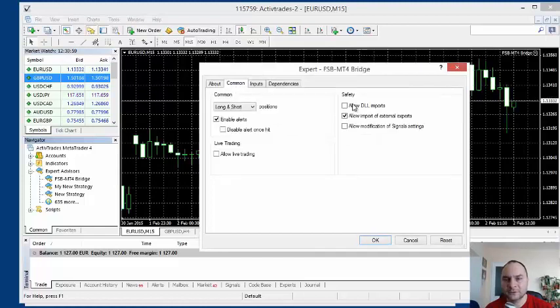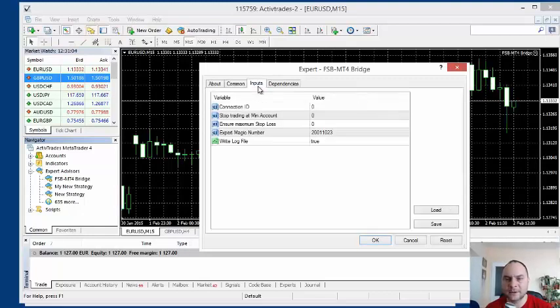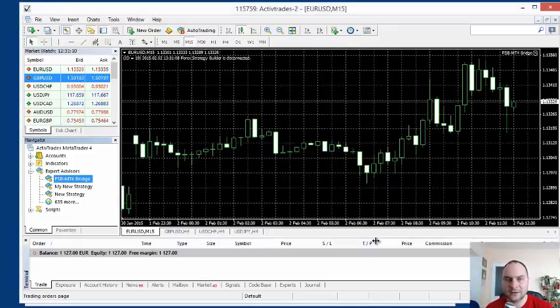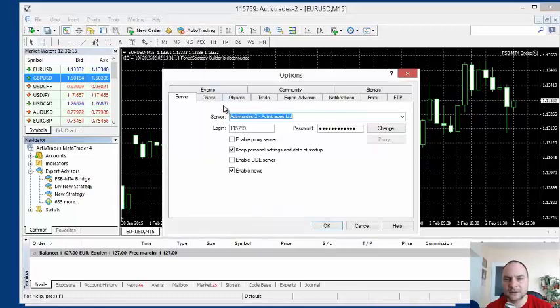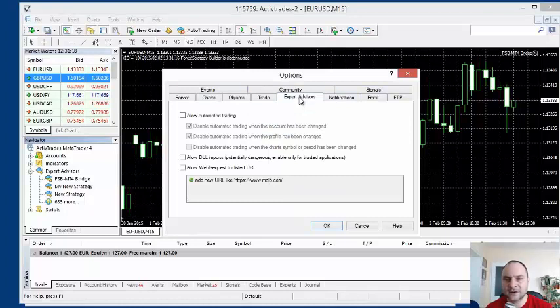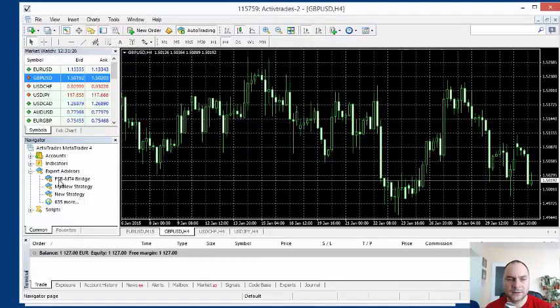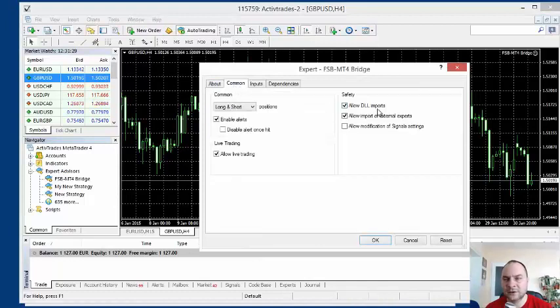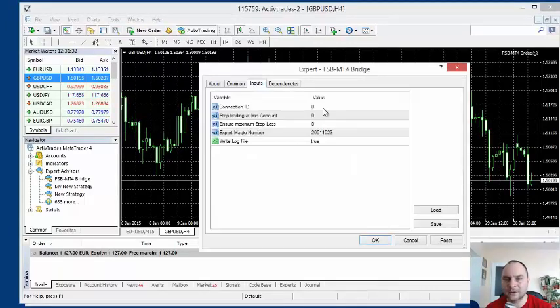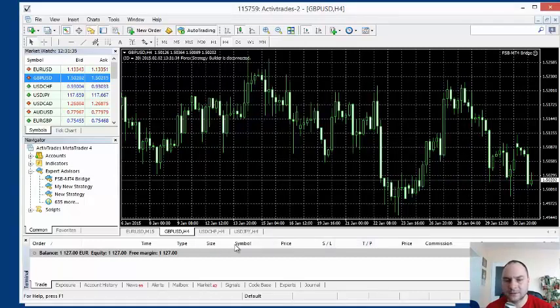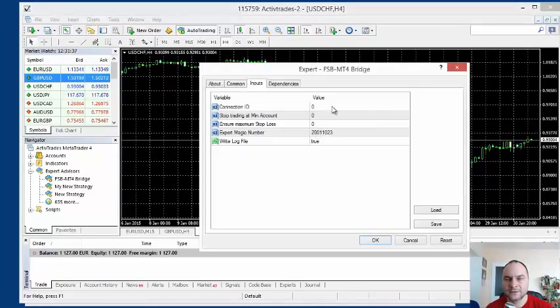When you start the bridge, what you have is DLL import. This must be on, because the bridge uses DLL. And I set here a unique connection ID. Let's use 10 here. But let's go to Tools, Options, Experts. Where is that? Expert Advisor. And I'll select that one and allow DLL imports. Okay. Now when I start the bridge here, DLL imports will be switched on by default. I'll set here 20. Here I'll set 30.